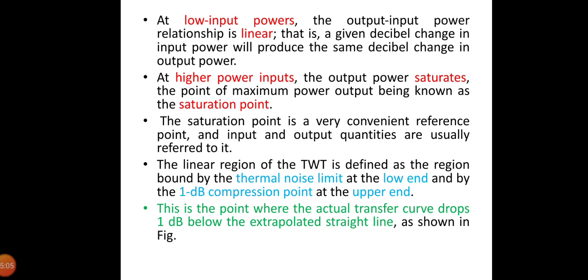However, at the higher input levels, when more of the beam energy is converted to the output power, the average beam velocity is reduced and therefore the delay time is increased. Since phase delay is directly proportional to the time delay, this results in a phase shift which varies with the input level. Denoting the phase shift at saturation by theta s and in general theta, the phase difference relative to the saturation is theta minus theta s.